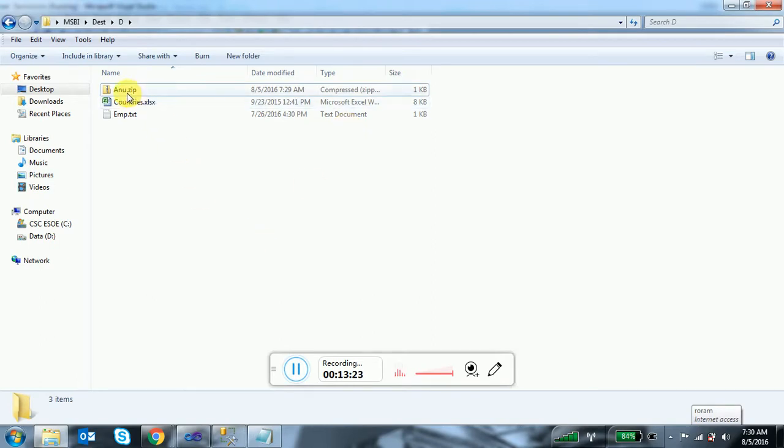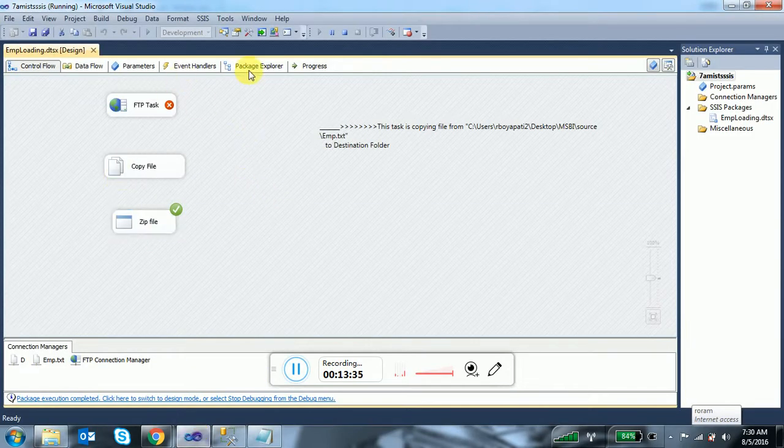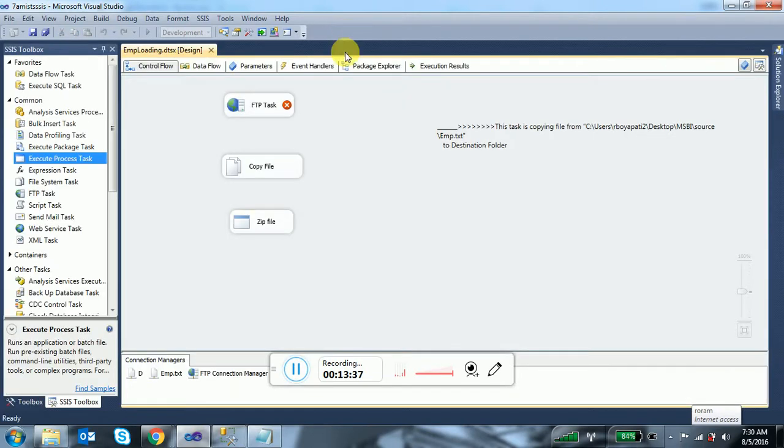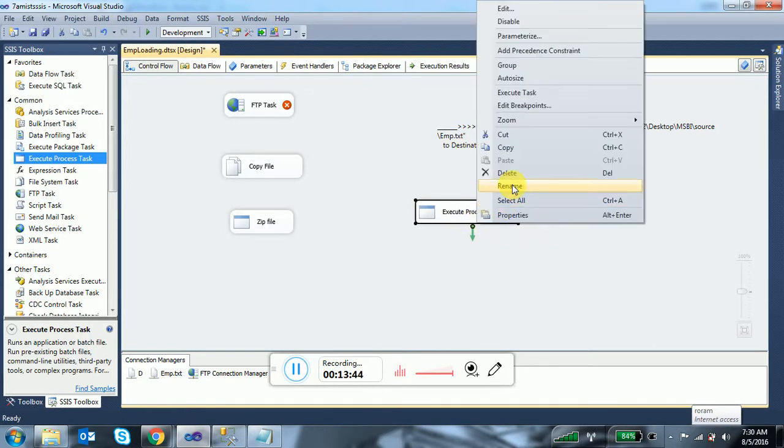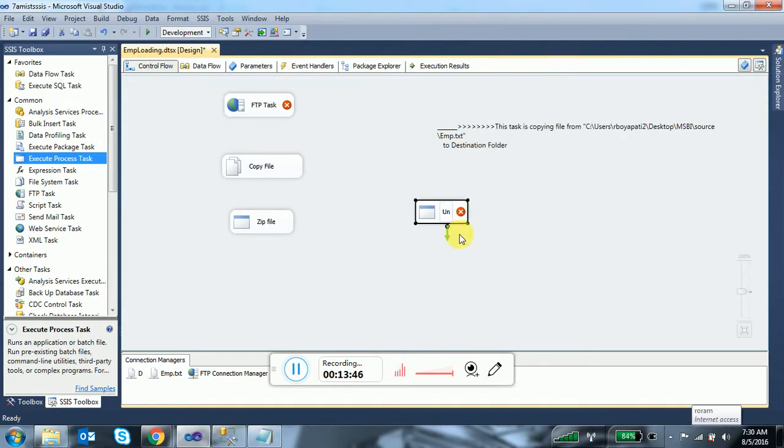For zipping and unzipping we use the same executable, so give the executable 7z.exe. Then, in the argument section, what is the location of the file, which file you want to unzip? The file I am going to unzip is at this location. Control C.